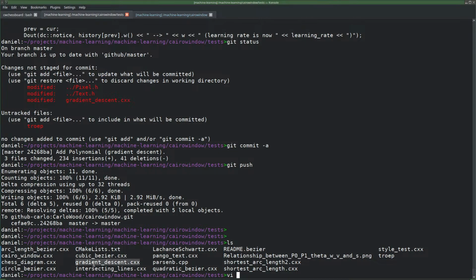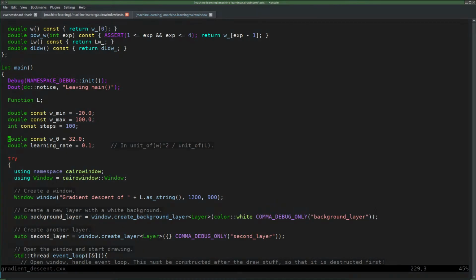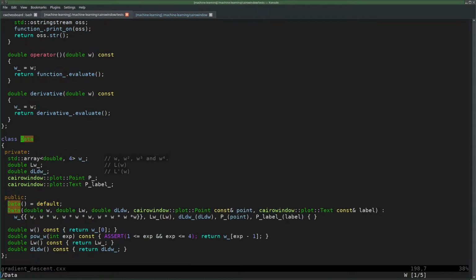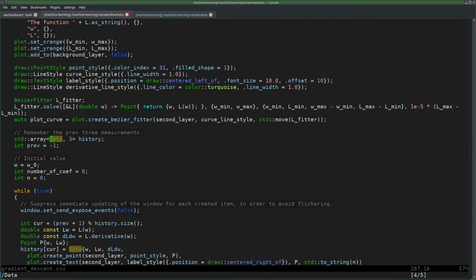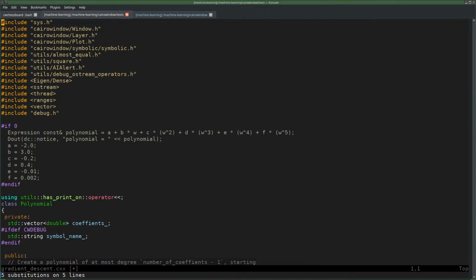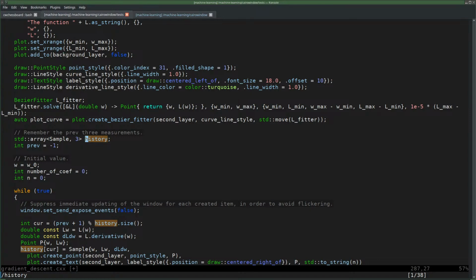Let's rename data to sample. Actually, renaming data to sample. I think that's a better word. Percentage substitute data with sample. I want to increase my history as well. I currently have only 3. So